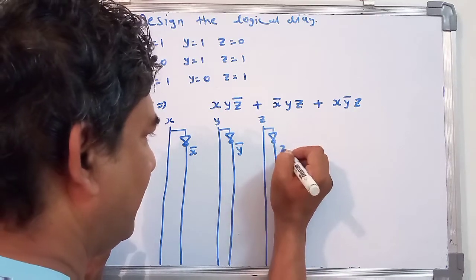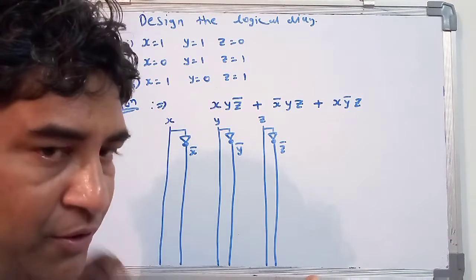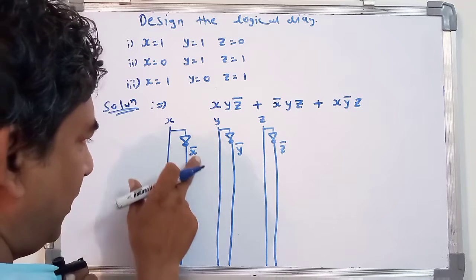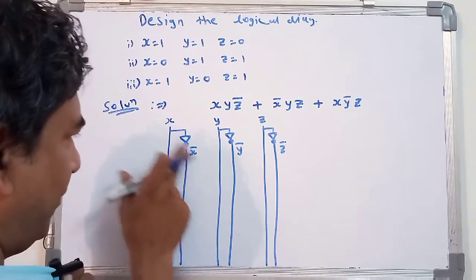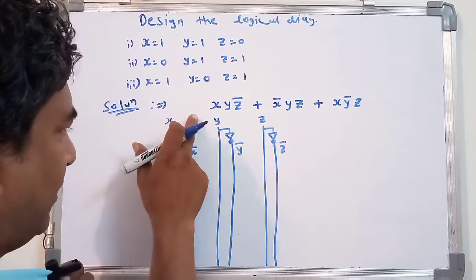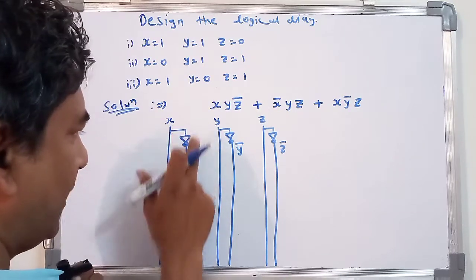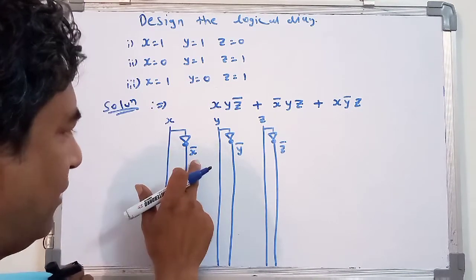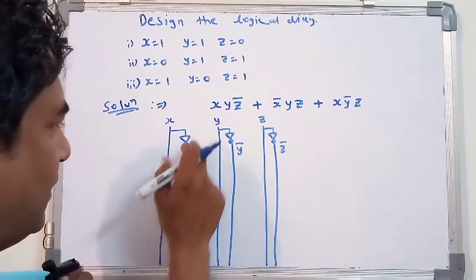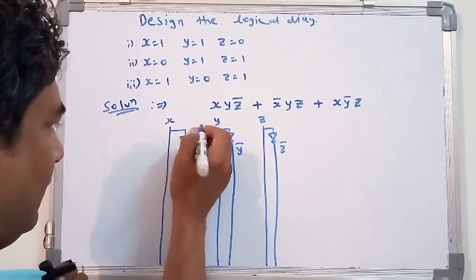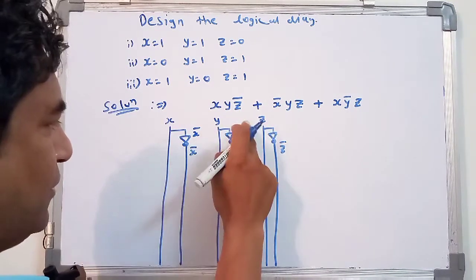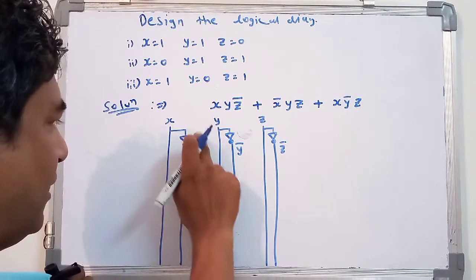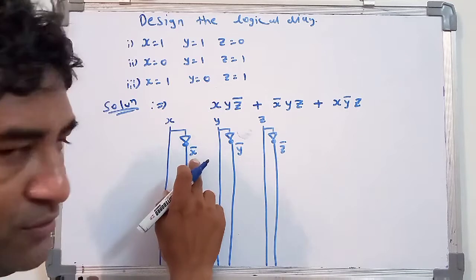you draw the z line and you just connect the inverter and make one parallel straight line. And only one thing you have to keep in your mind: wherever you have the inverter, below the inverter you have to write x bar, because after inverting x, giving the value for the input x, the output will be x bar. This x bar should be written below this particular inverter. Some students write here, some students write there, so it is wrong. You have to write in a specific order also.